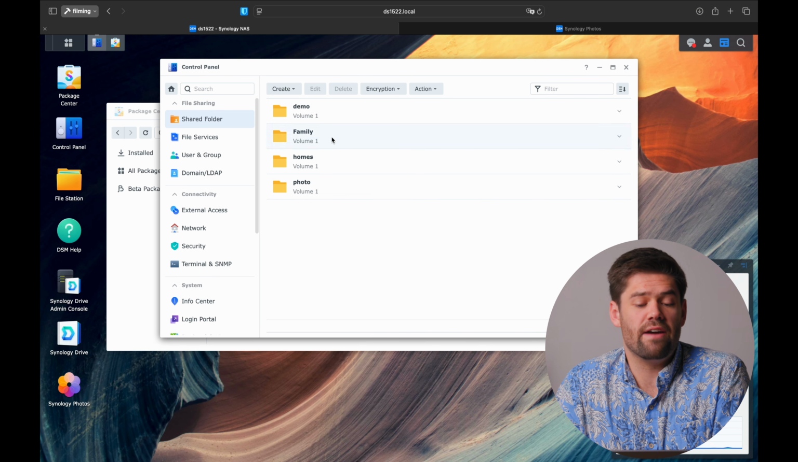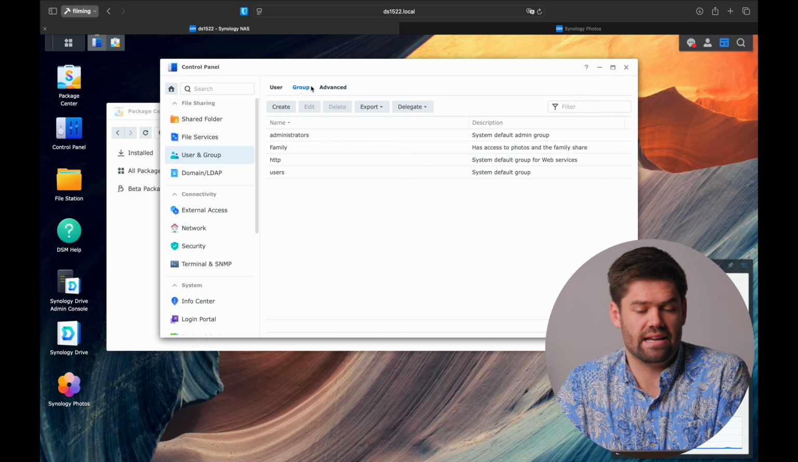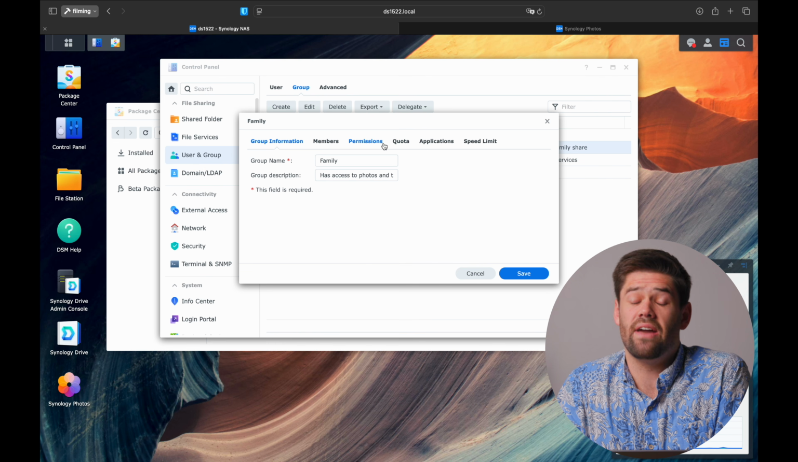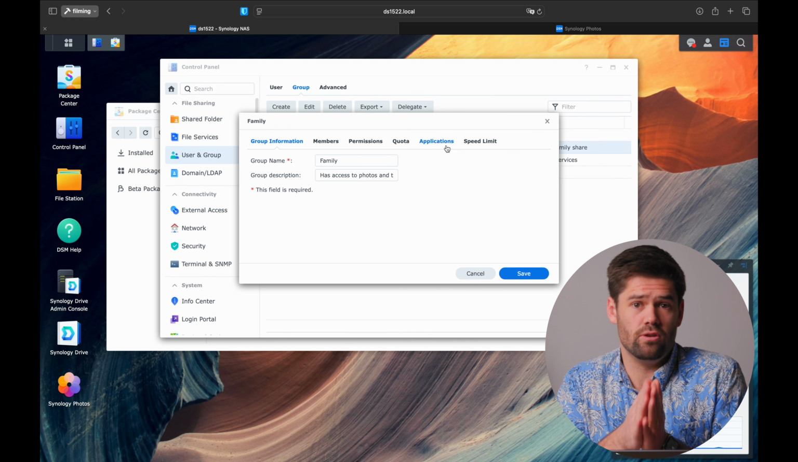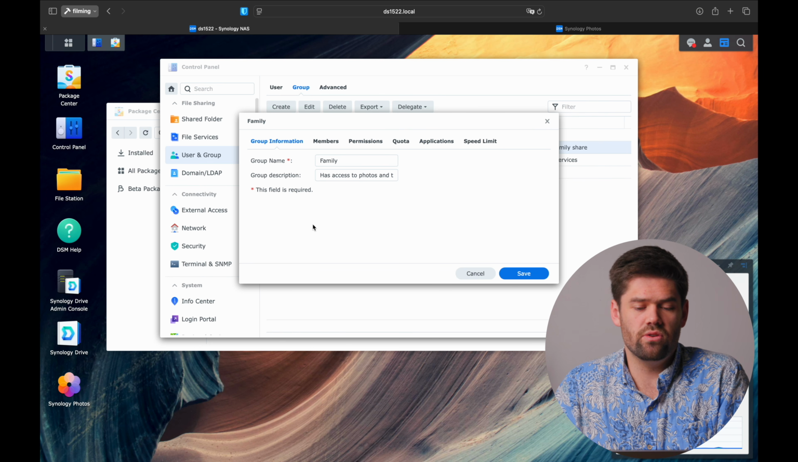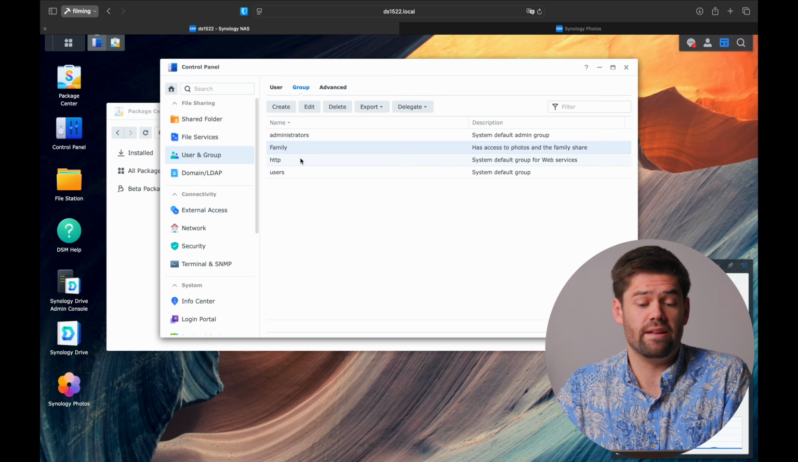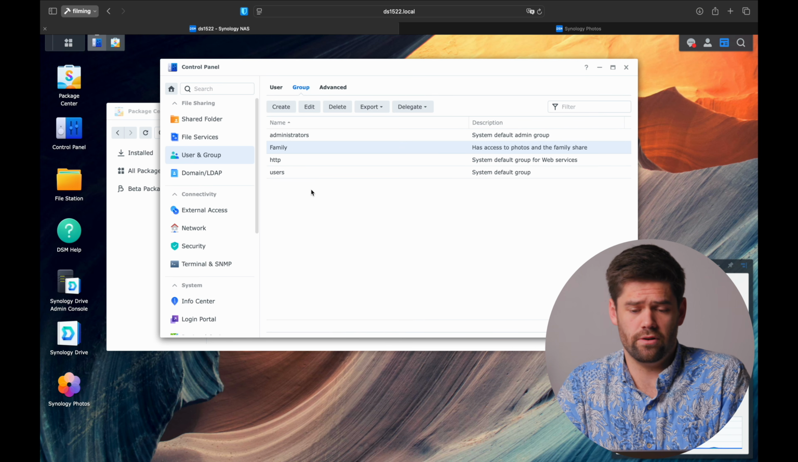And we want to give everybody in that family group access to it. We need to go into our users and group family, and we need to give everyone in the family group access to it. So we need to allow them to use the Photo app. And we do that by double-clicking on Family, clicking Applications, scrolling down to Synology Photos, and hitting Allow. Now everyone in family has access to Synology Photos,